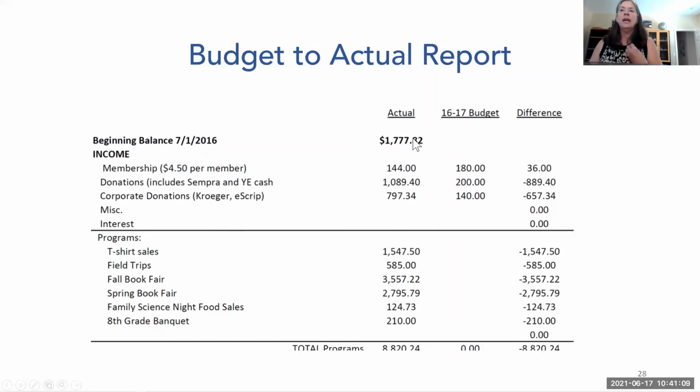And when you do the annual financial report, which we will start bugging you about in August, it's doing this actual column from beginning to end of the fiscal year. So even if you planned $5,000 for t-shirt sales and you only took in $1,500 through the entire year, that report's very important.